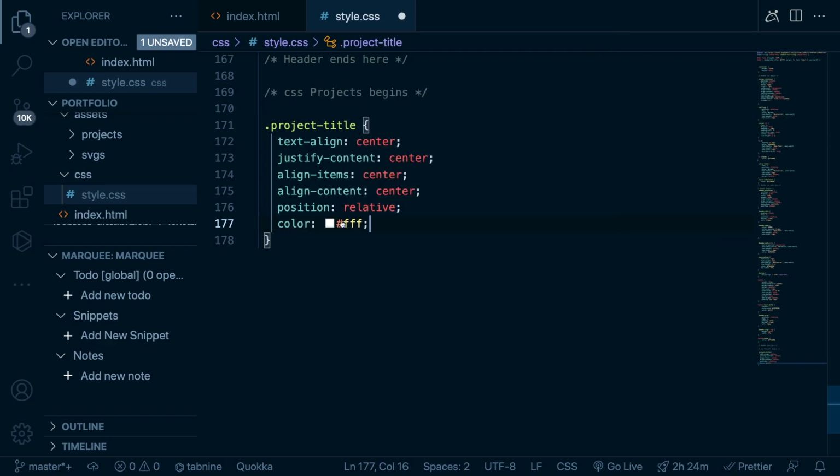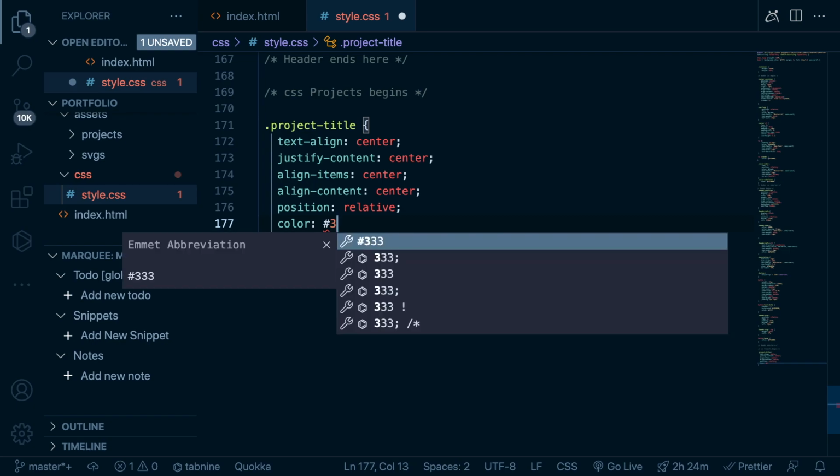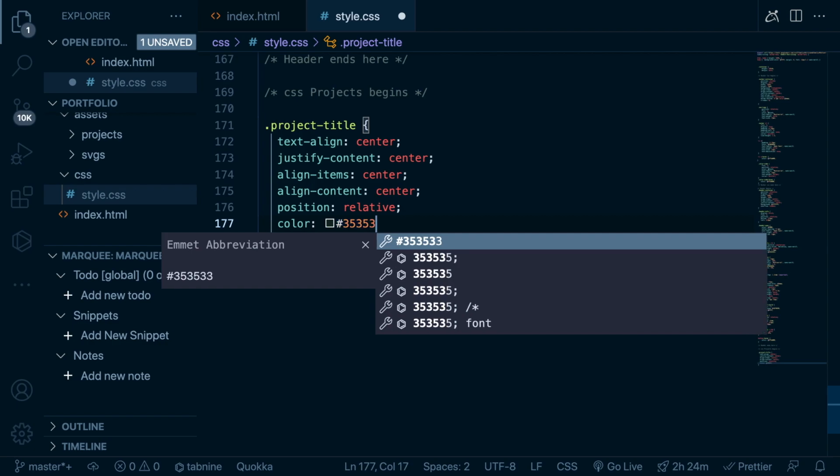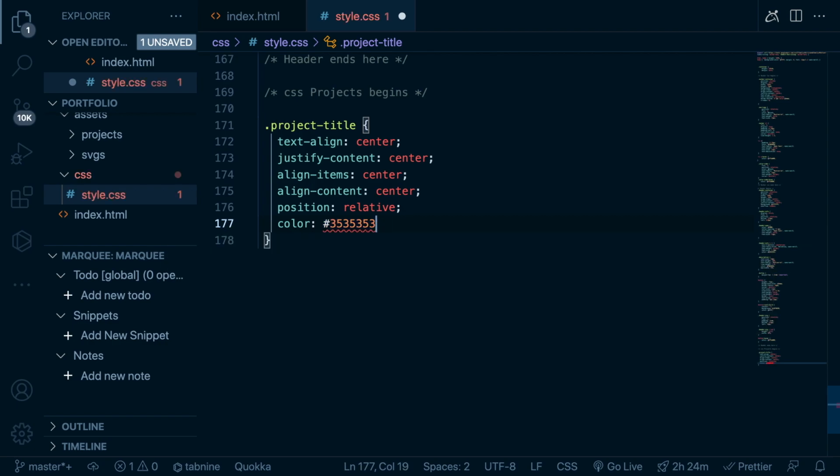The code of white is FFF. So you could pass it whatsoever color you want, but this time I want to give a color of #353535, just 35 35 35. Alright,